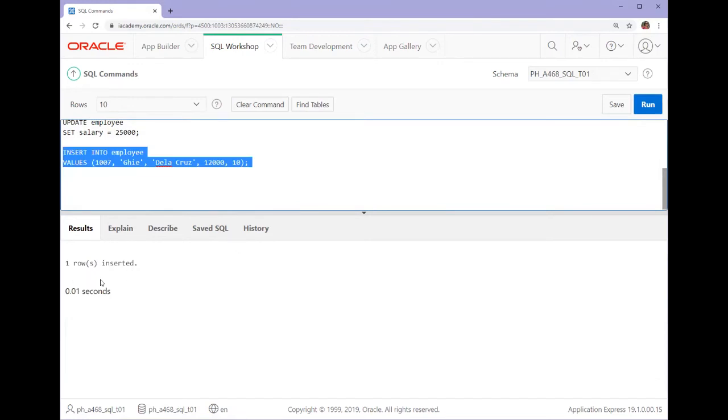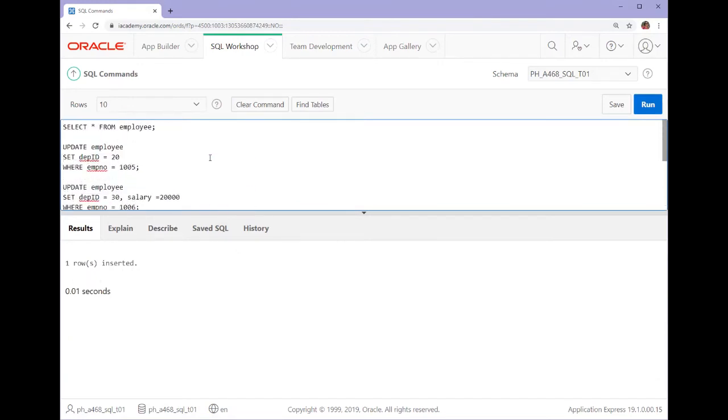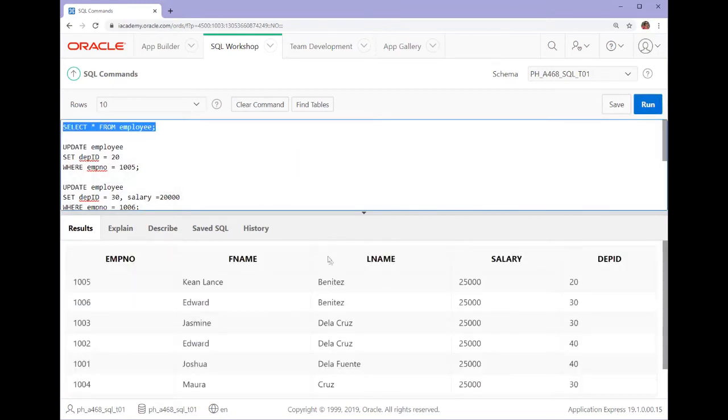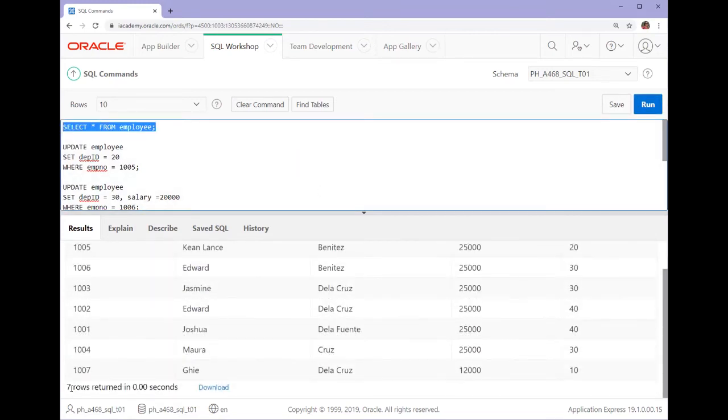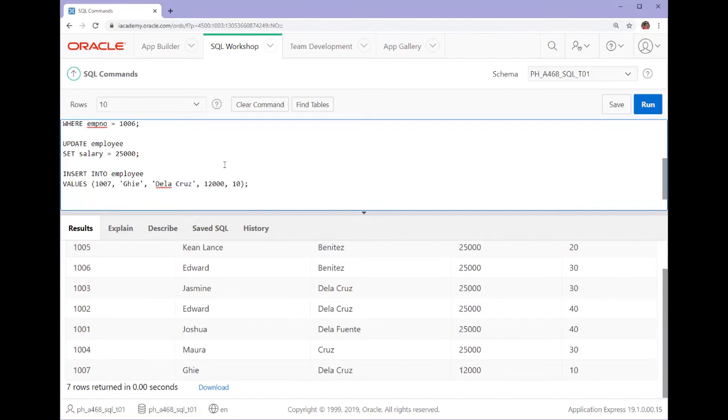Okay, so one row inserted. So let us now check again the records. So all in all, we have now 7 rows returned. So this is our new record, employee number 1007. Okay, so you can also insert a record